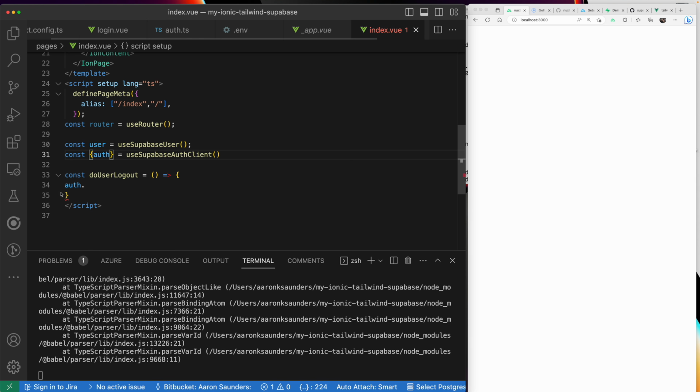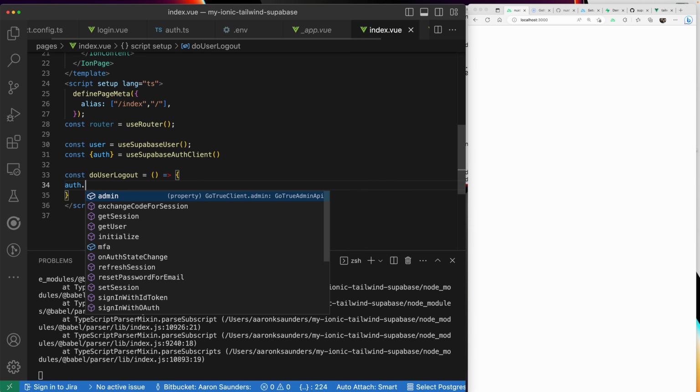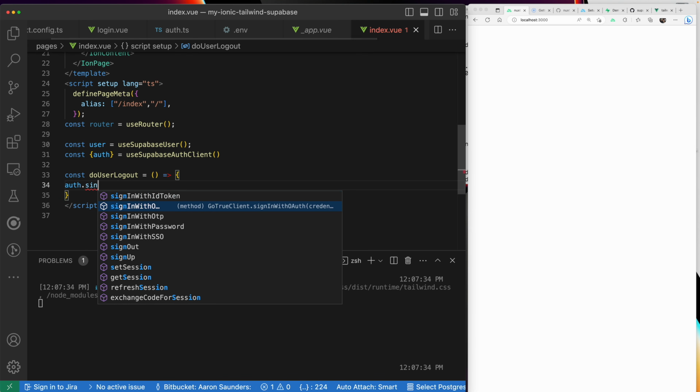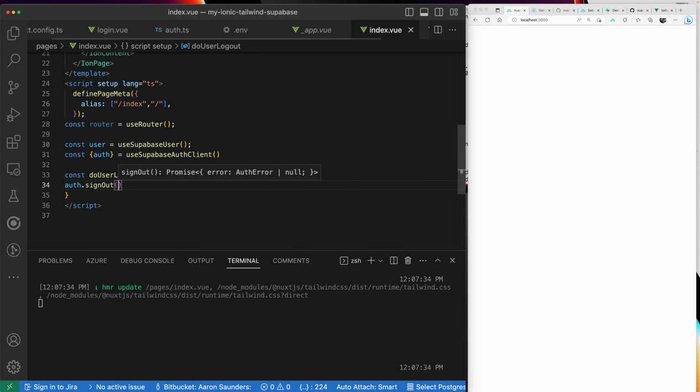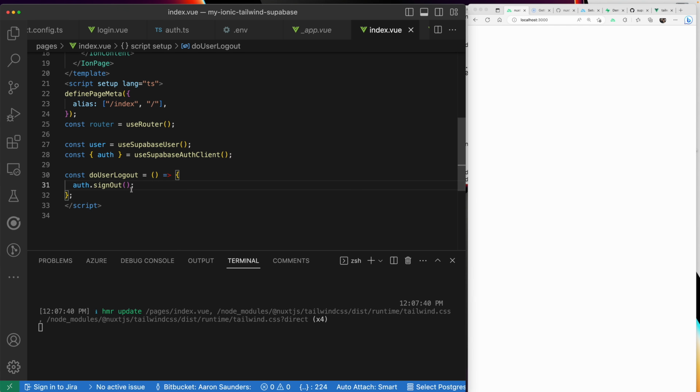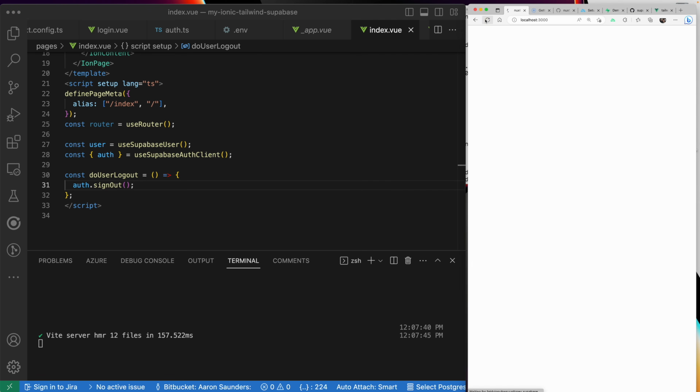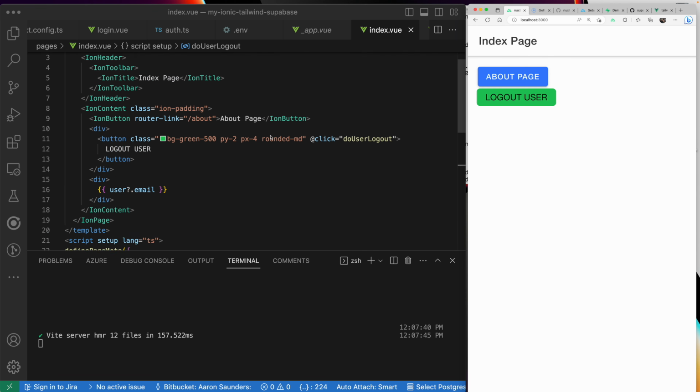That's the client, but I want the actual auth object. So now I can say auth.signOut. And that should sign me out. Let's refresh. I'm on my page, logout user. The user is logged out, but I didn't put my